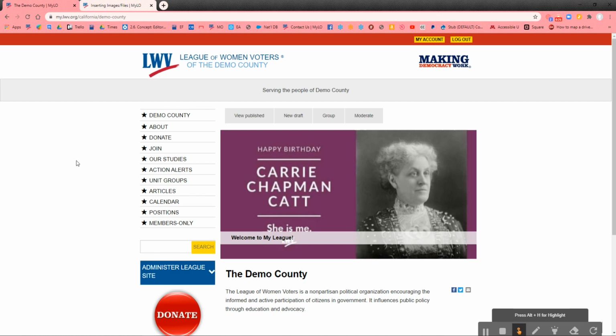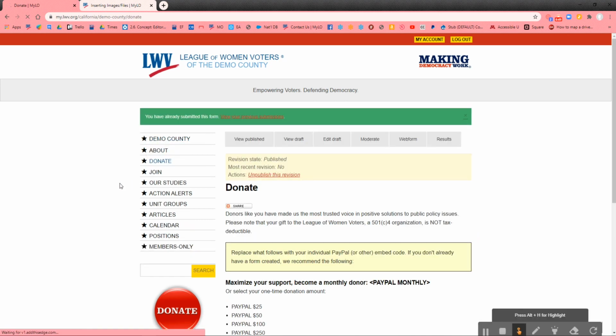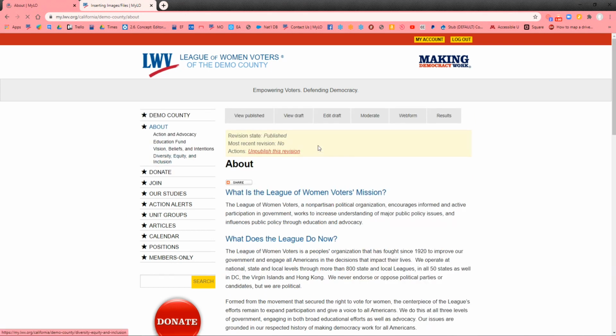So to get started, I need to choose the spot first of where I'd like to add in my image. This is going to be the place where it will display because at the same time, I can then upload that image to the media library so I can place it in that spot. What I'll do is add an image into the body of my donate page here. And what we'll do is, let's switch that up to the About page, being that this has some actual league-related